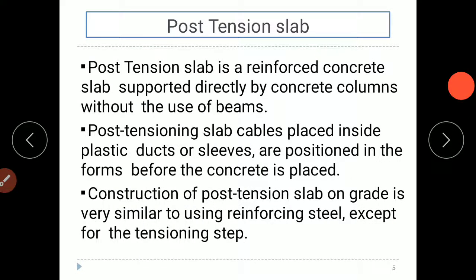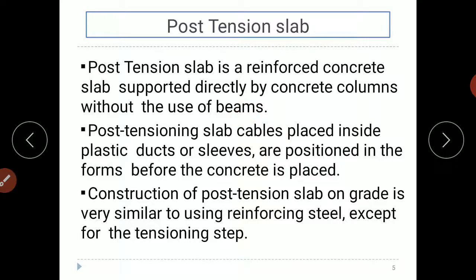A post-tension slab is a reinforced concrete slab supported directly by concrete columns without use of beams. This is very important, just take a note of it: we will not use beams to support the slab. The slab is directly supported on the column.